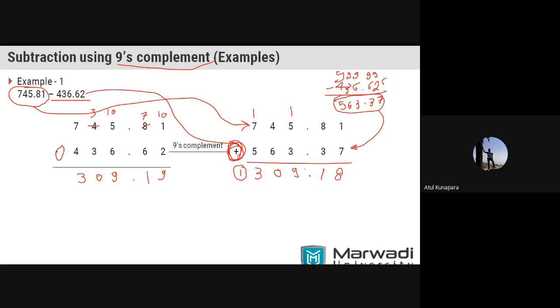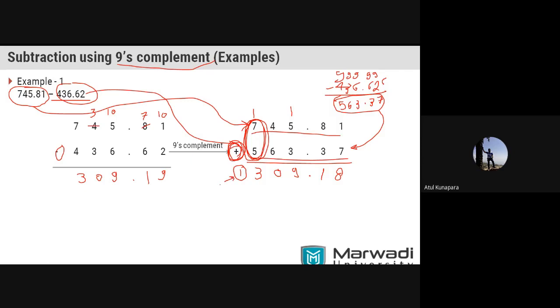process is, you need to start with the given number as it is. Then the number which you require to subtract, here it is 436.62, you convert that number into its 9's complement form, then do the addition. Now when you perform the addition, after adding the last bit, on the left side, that is what you can say MSB, and whatever answer you are getting, if that is having carry,